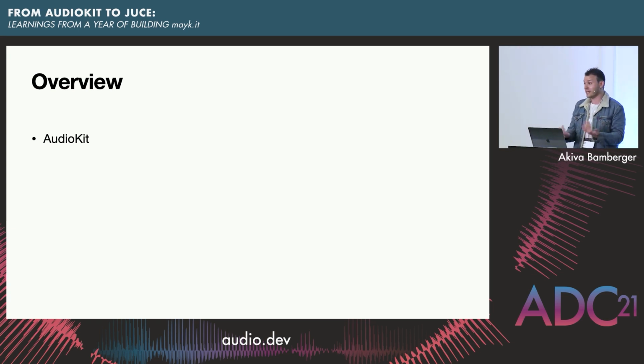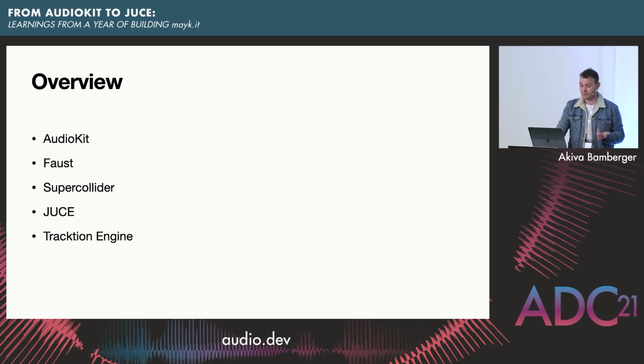First one being AudioKit. Highly recommend it. It makes audio development crazy fun, and it's really easy to build DSP effects using it. Faust, again, a lot of the effects that come with AudioKit are actually Faust code that have been compiled and built into AudioKit. So if you get started with Faust, it also makes it really easy to start playing with audio effects in your audio graph. SuperCollider for prototyping, I highly recommend. And then obviously JUCE and Tracktion Engine.